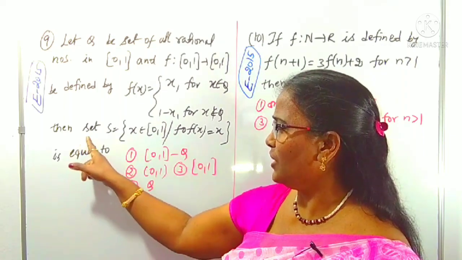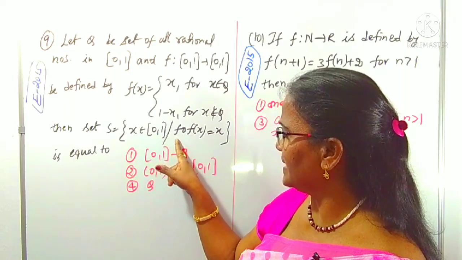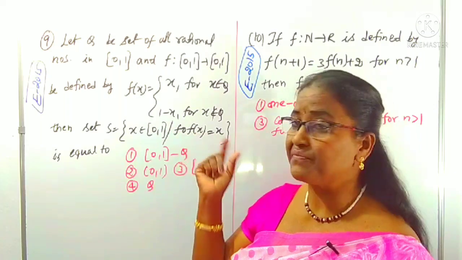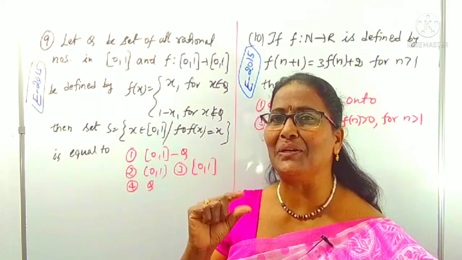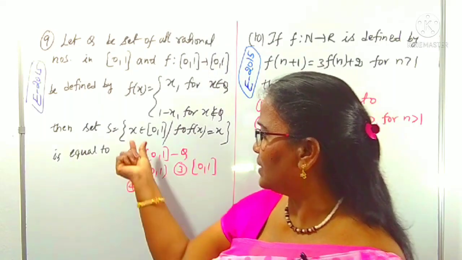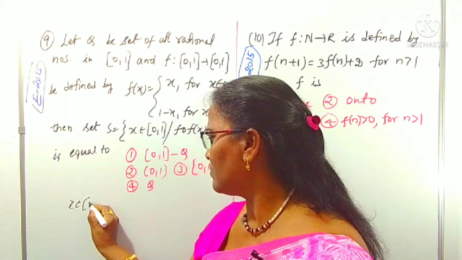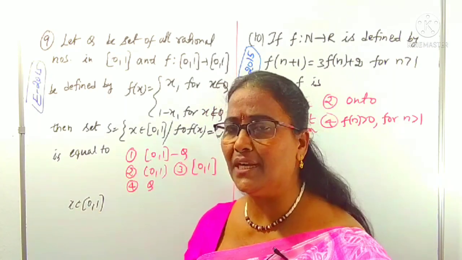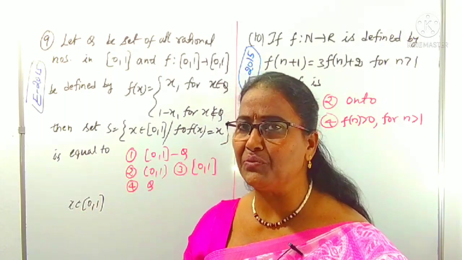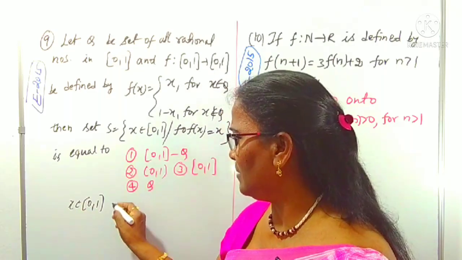Then we have to find the set of values of x which belongs to 0 to 1 such that f circle f of x is equal to x. For what values of x is f circle f of x equal to x? That one we have to find finally. Very simple here. We can understand what x belonging to closed interval 0 to 1 means: 0 and 1 included, and values lying between 0 and 1 we can also take. The values which lie between 0 and 1 are rational numbers, as well as 0 and 1 are also rational numbers. Means it totally belongs to Q.